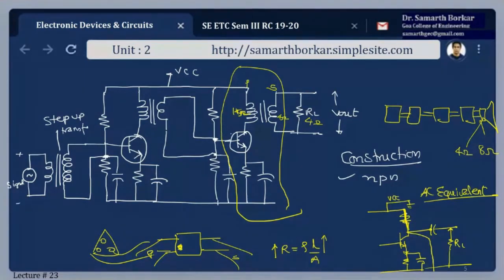But the moment I connect a resistor here, it will create certain problems. What are the problems? This is a resistor. Here, this is the DC voltage, due to which, if the circuit is properly completed from VCC to ground, current is bound to flow. I have not applied any kind of AC signal here. I'm just talking about the DC voltages and DC currents. So due to this applied DC voltage, current is bound to flow, due to which there will be a voltage drop across this resistor.